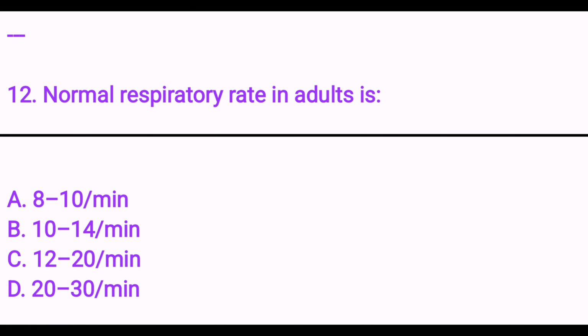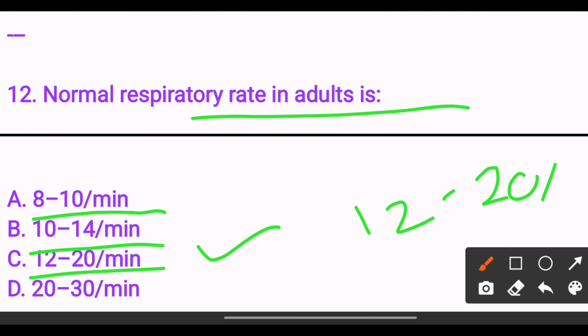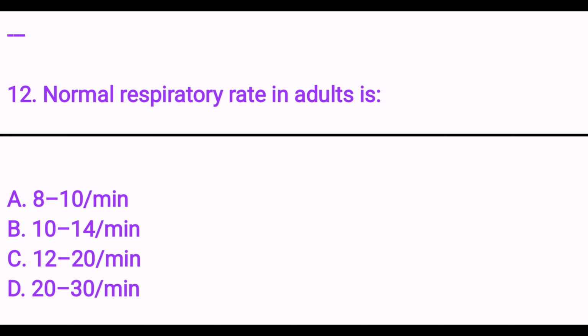Normal respiration rate in adult is option A 8 to 10 per minute, option B 10 to 14 per minute, option C 10 to 20 per minute, option D 20 to 30 per minute. The answer is option C. For the adult, the respiration rate is 12 to 20 per minute. So the answer will be option C. Next,